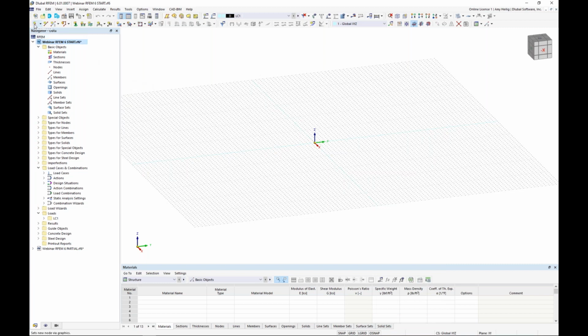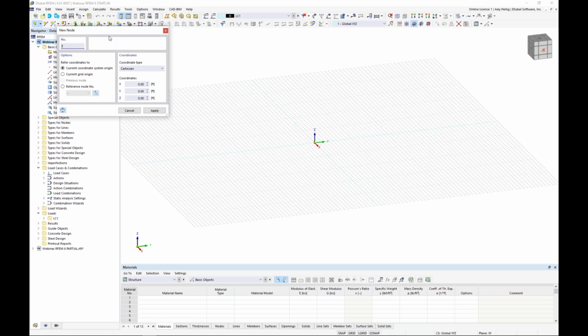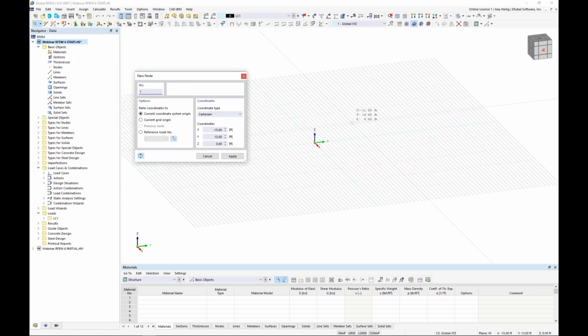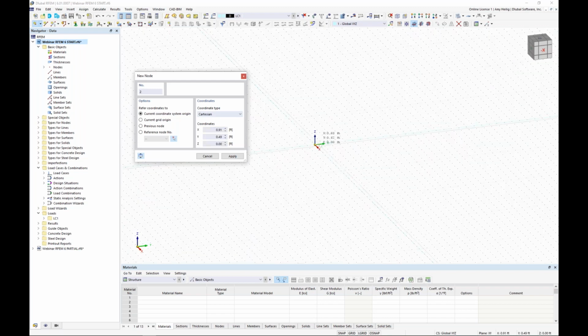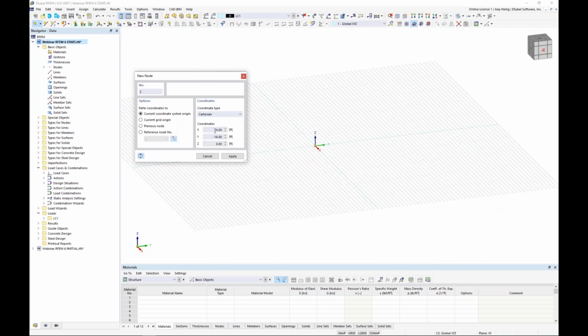So I'm going to go up to my toolbar to create my first node, and I can either select any point within my drawing grid here, or I can just automatically put in the coordinates such as 0, 0, 0. I hit enter on my keyboard. That node is hidden here at the origin behind these axes, so we'll just have to trust that it's there for now. The next node will be 19.5,